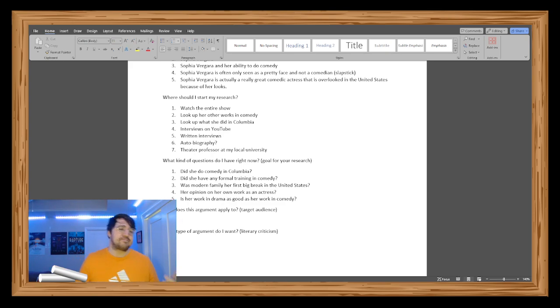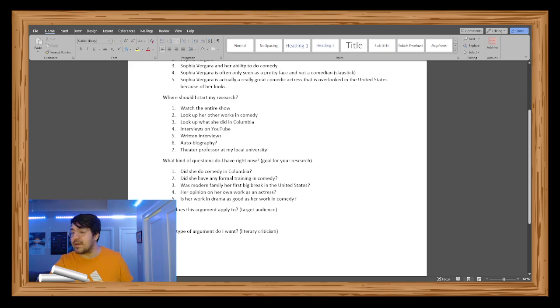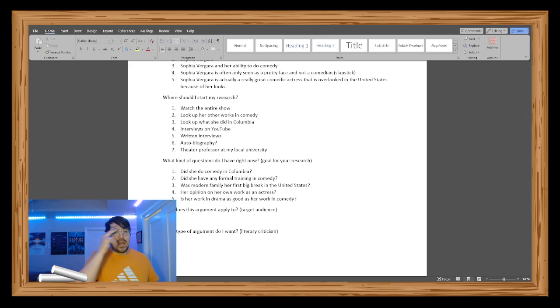And so when we're doing this, I'm going to minimize this one second because this is bugging me out here. I'm looking at myself in the camera and I'm getting distracted. So who does this argument apply to? When you are writing your paper, or you're creating your speech, you need to think, okay, who's going to read it or who's going to be listening? This one right here that I'm doing,